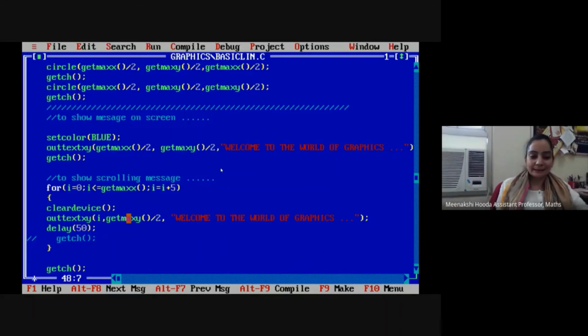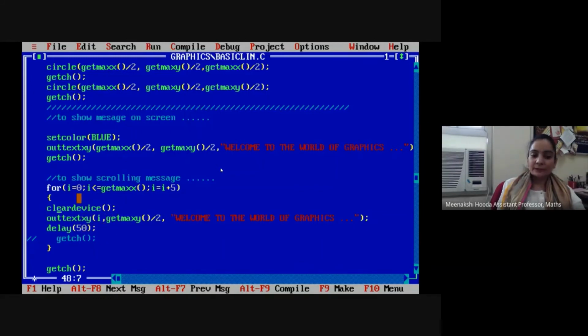Out text xy, this is the same library function that we are using over here, but the difference is the parameters we are passing. We are keeping the y coordinate fixed, which is the mid of the y dimension, but we are changing the value of the x dimension every time.